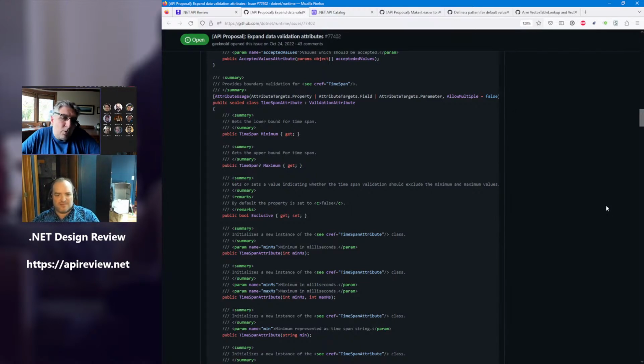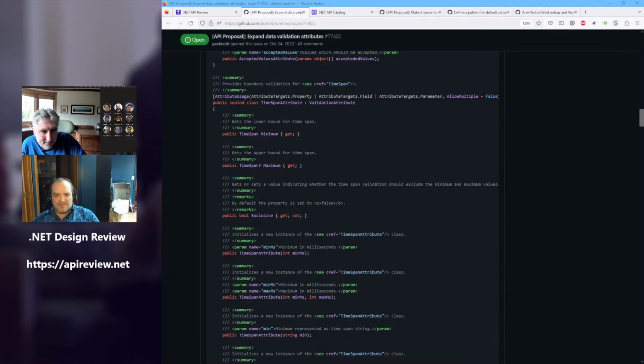So it's like a range attribute, and we had support for exclusive mode or inclusive, so less than 10 seconds or more than 10 seconds, that kind of stuff. Yeah, so the motivation for that is that there's no easy way to specify ranges for types whose literals can't be specified in attributes.